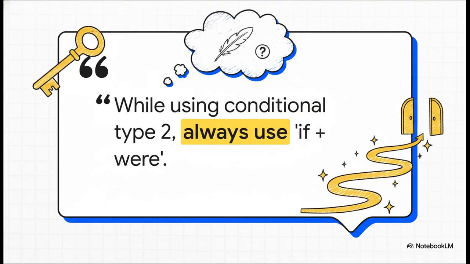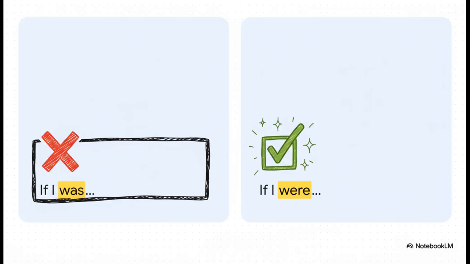That's it. Okay, so here's the one slightly tricky part, but I like to call it the golden rule. Once you get this down, you basically unlock a whole new level of fluency. When your if part uses the verb to be, the rule is you always use were. Right, so this is where people sometimes get tripped up. Even if you're talking about yourself, I, or he, or she, you still use were, not was. In this whole imaginary world of the unreal present, if I was is just, well, it's incorrect. If I were is the correct form, and it's like a secret code that signals you're talking about a hypothetical